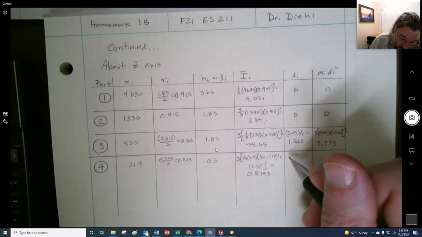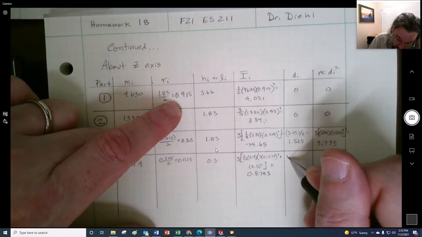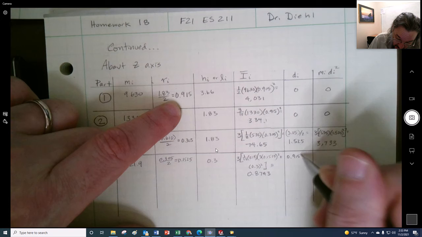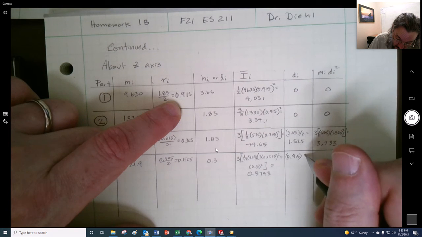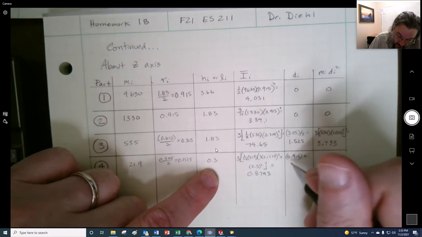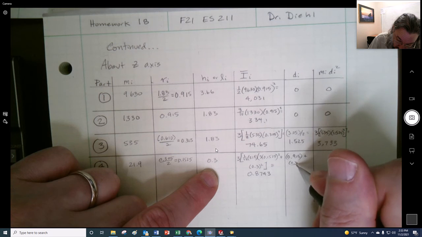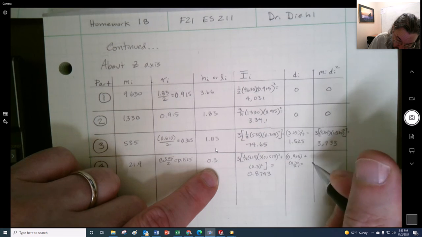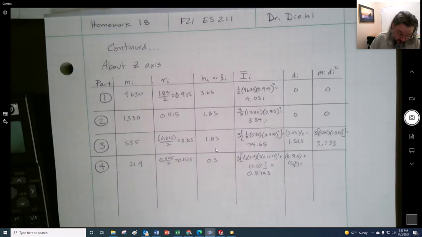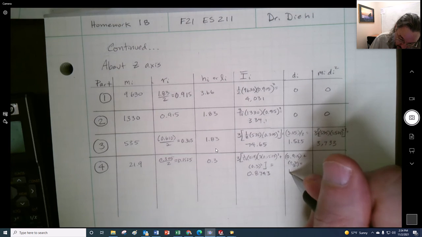So let's take the radius of 1, 0.915, plus 0.3 over 2. All right, so 0.915 plus 0.3 divided by 2, all right? So we get